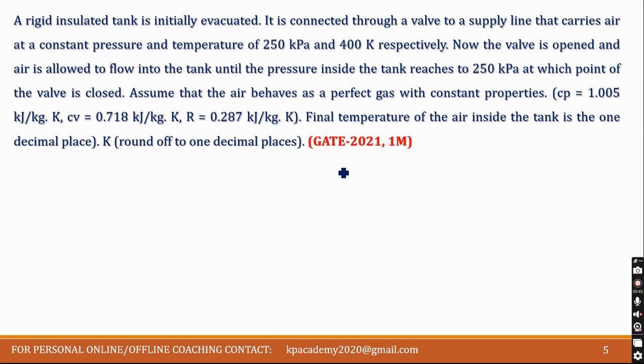Now the valve is opened and air is allowed to flow into the tank until the pressure inside the tank reaches 250 kilopascal, at which point the valve is closed. Assume that the air behaves as a perfect gas with constant gas properties. The properties are given. Now the final temperature of the air inside the tank is